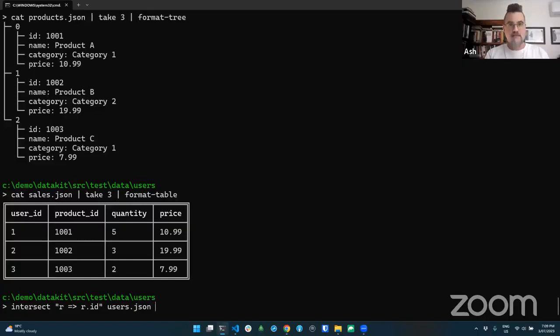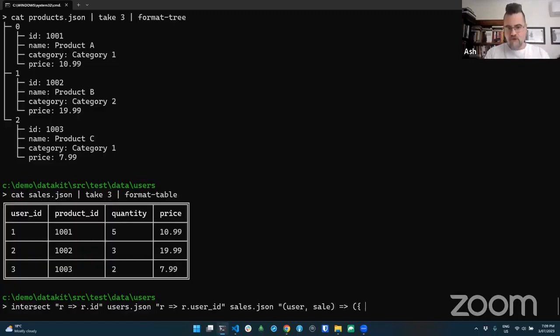And then with my sales data, I want to key that on, you can see here, this user ID field, and that's from the sales JSON file. Then I give it one final anonymous JavaScript function that tells it how to merge the data together. I'll use the simplest possible thing, which is to take every matching user and sale,